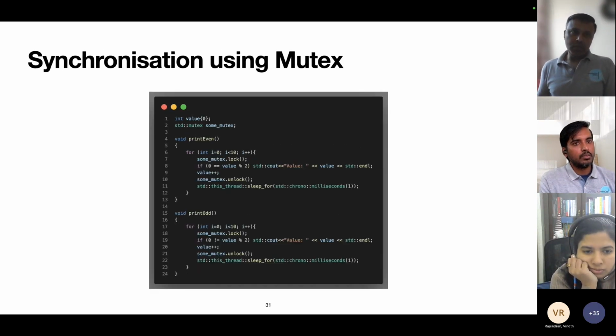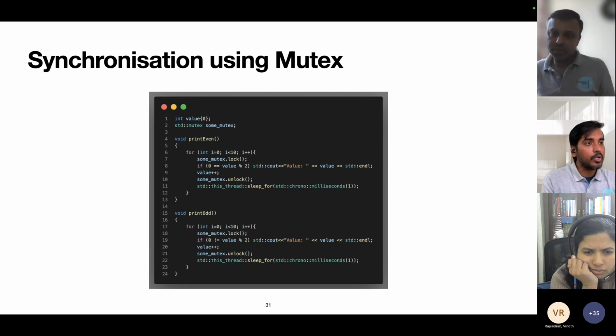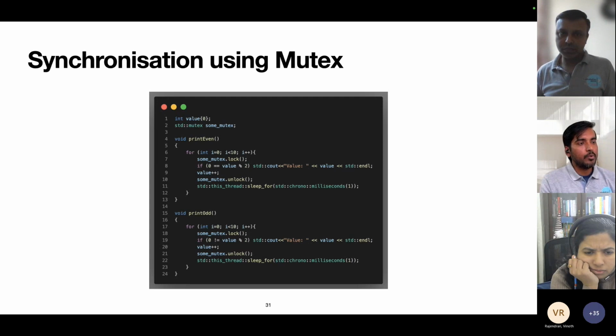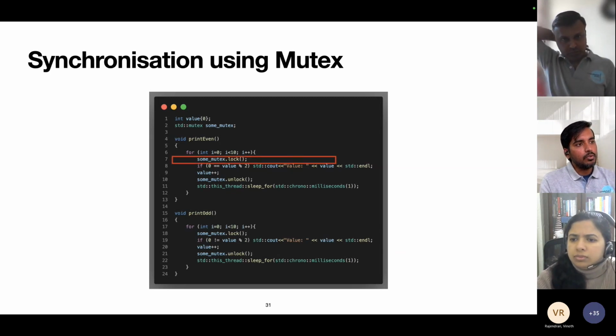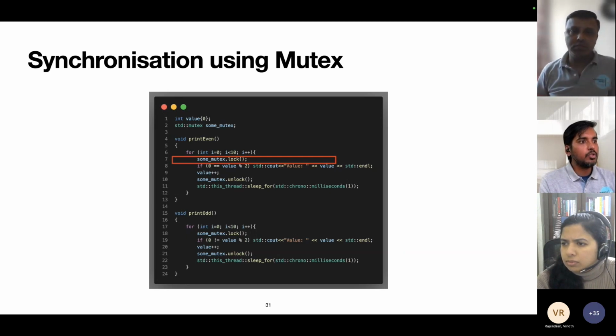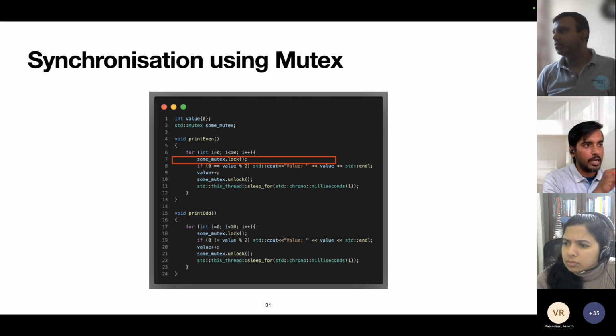For that synchronization, the standard library gives the mutex class. You will have to create a mutex object. At line number 2, in this example, we have this mutex object, and you will have to take a lock before you update your value, your shared resource. This will tell any other thread that is going to take a lock, at line number 18, that it will be blocked here,